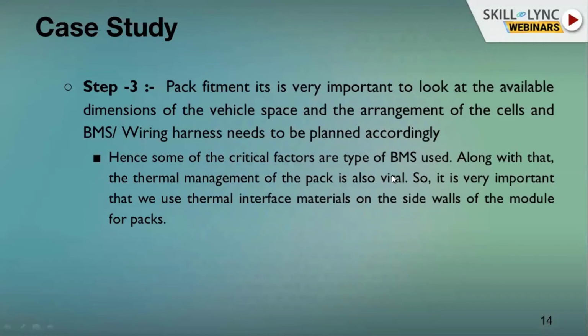And some of the critical parameters over here is thermal management, because if you are using a 100 Ah cell, for example, let us assume it has an internal resistance of maybe 10 milliohms. Usually the heat generated is I squared R, where R is the internal resistance and I is the current, and you're drawing something around 100 amperes at 1C. So the more current you draw, the higher the heat generated. If you're using a cell of 100 Ah or 50 Ah, it will have its own implication of heat generation.